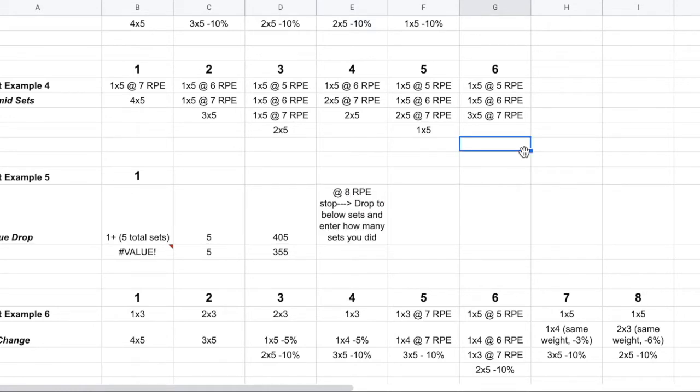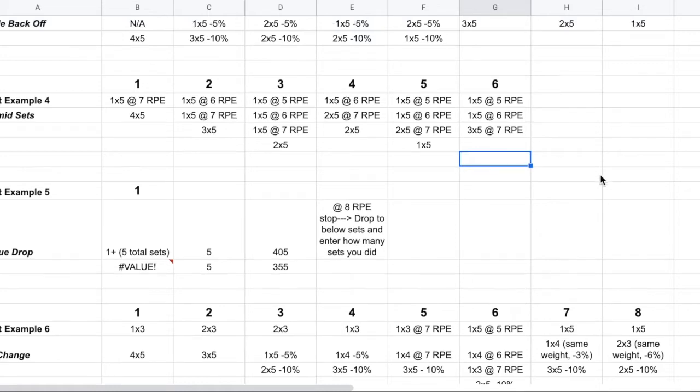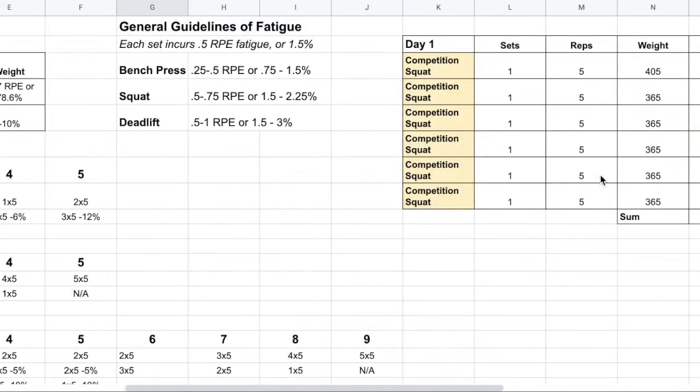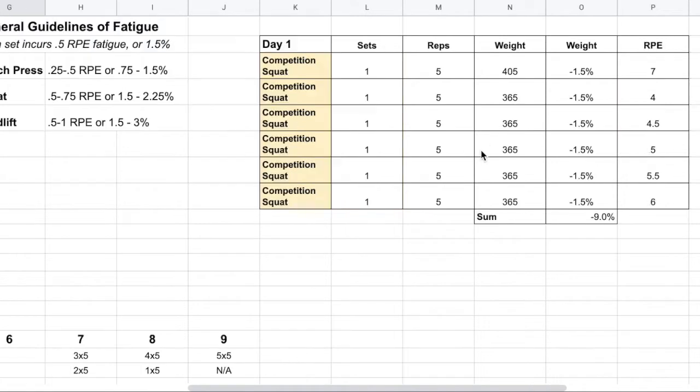And some workouts may be better, some workouts may be worse. If I'm programming percentage-based though, I can account for that by taking this general model and concept and applying it. So if a squat in general fatigues you 0.5 RPE or 1.5%, every single one of these sets fatigues you about 1.5%. If I want the first set to be a 7 RPE, I can program it, but then that fatigues us 1.5%, and just taking all the calculations, I'm not going to explain completely why,